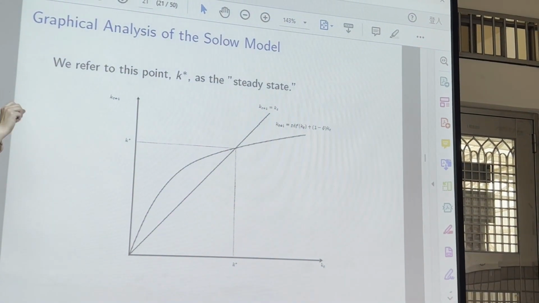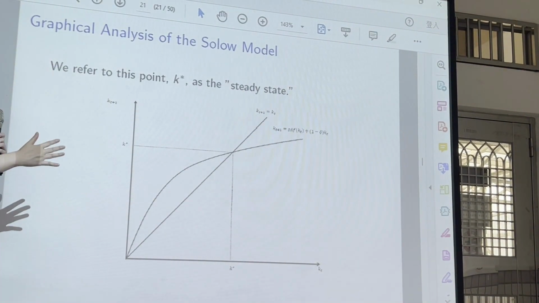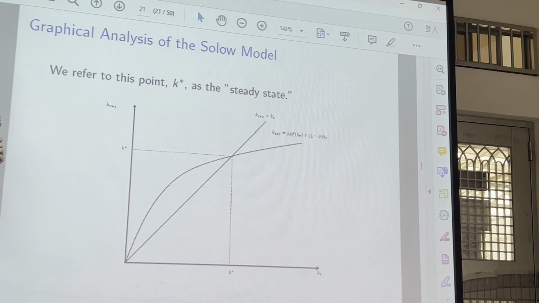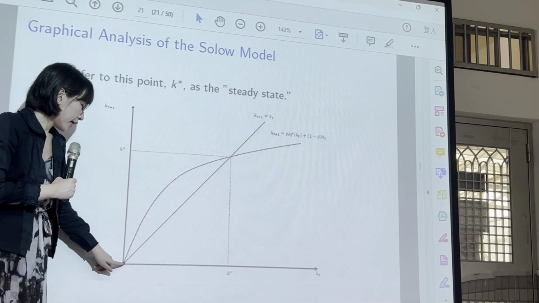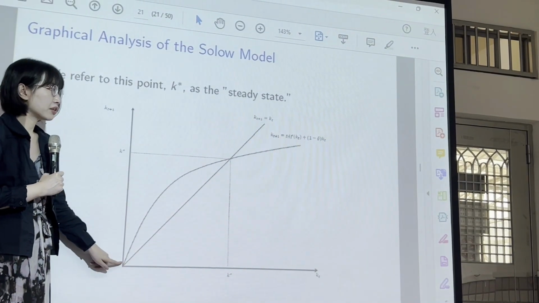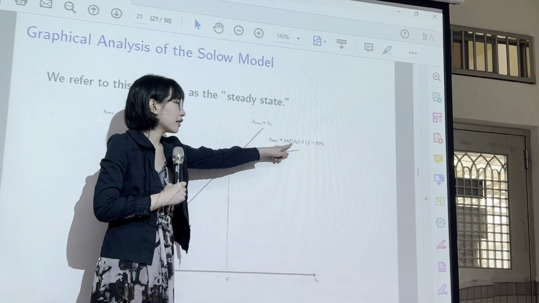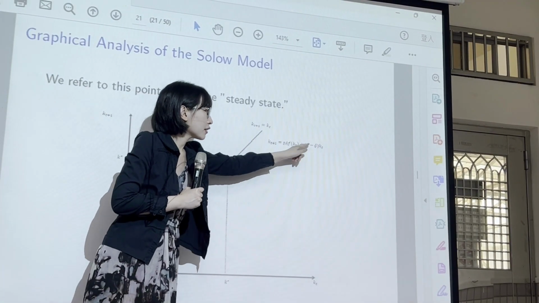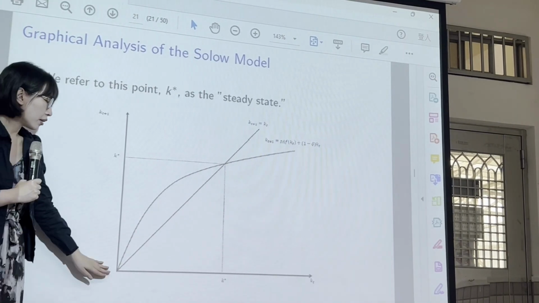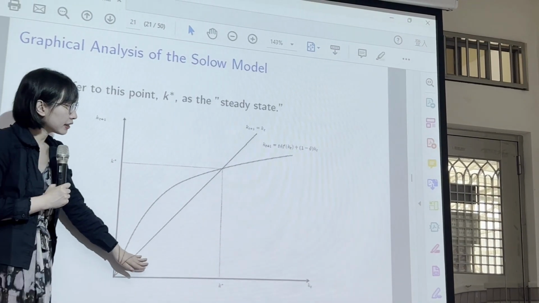This equation exactly describes how capital per worker evolves over time, right? Again, this curve starts from the origin, because once you have KT equal to 0, it gives you 0, okay? So this curve starts at the origin. And we know that once you have greater KT, of course